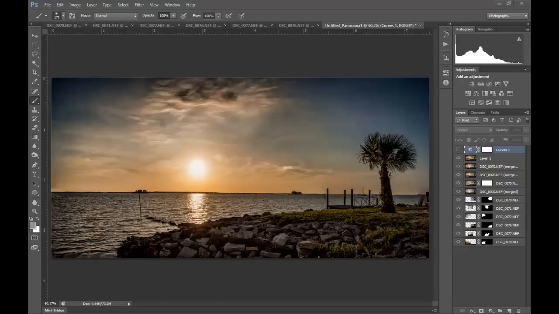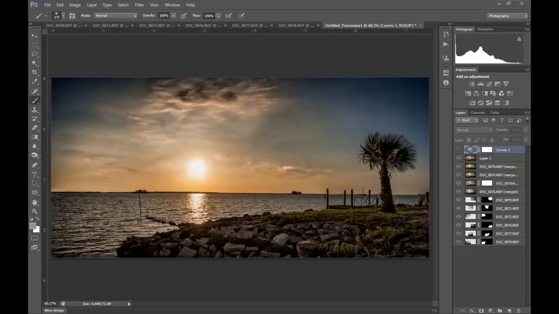To me, this is one of the most important things you can learn in Photoshop. It gives you so much control over your image, and it's just such a valuable tool. In short, it's the ability to hide adjustments, to show adjustments, or to create opacity on certain parts of your image just for those adjustments. I know it sounds very confusing and a lot of people get stumped by this, but once you learn it,